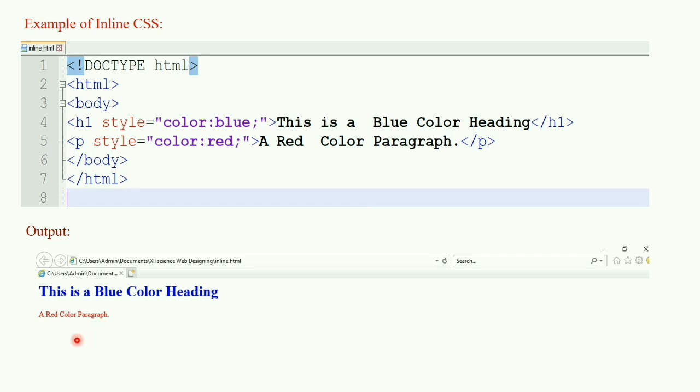This comes in blue color because of this style attribute having color property blue, and this comes in red because the paragraph contains a style attribute having property color red.